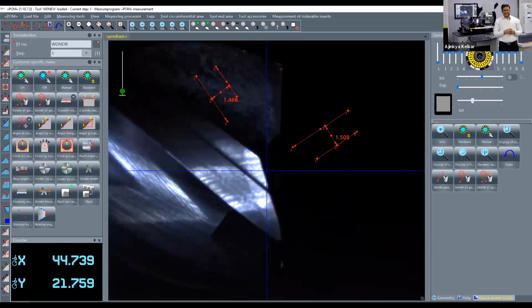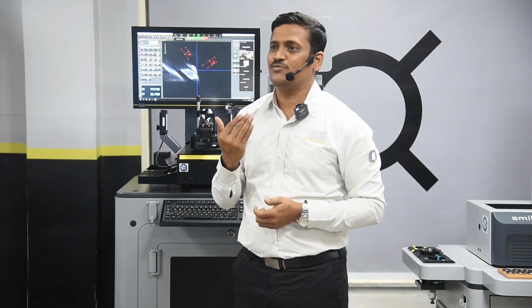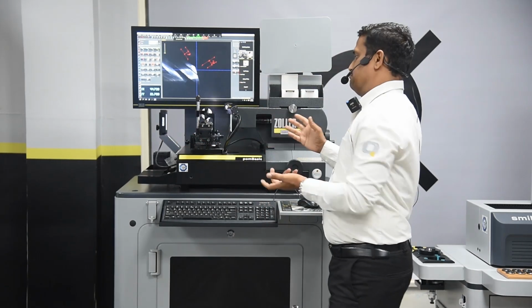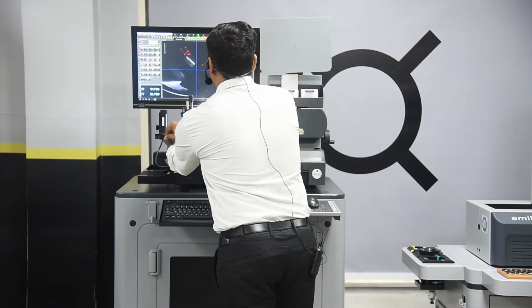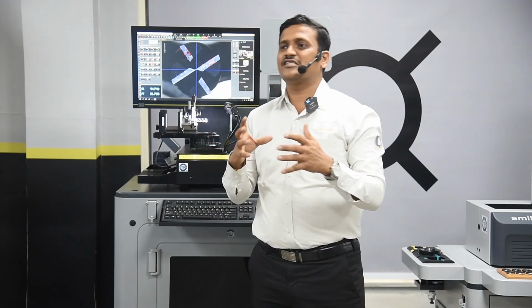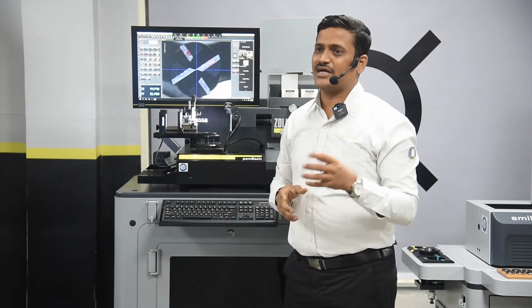and you can also measure the parameter from the circumference. So this machine is made for in-process measurement, and the people who are using this tool can use this machine for an incoming tool measurement. So this machine has wide possibilities. You can certainly have different types of measurement on this machine. You can measure the step length, you can measure the angles, but basically we designed this for the in-process measurement where you can complete your processes to the